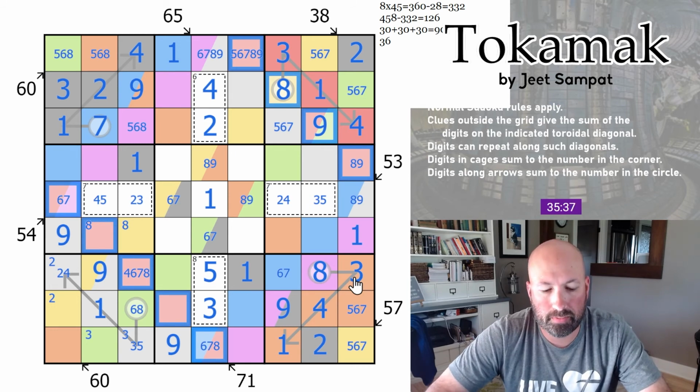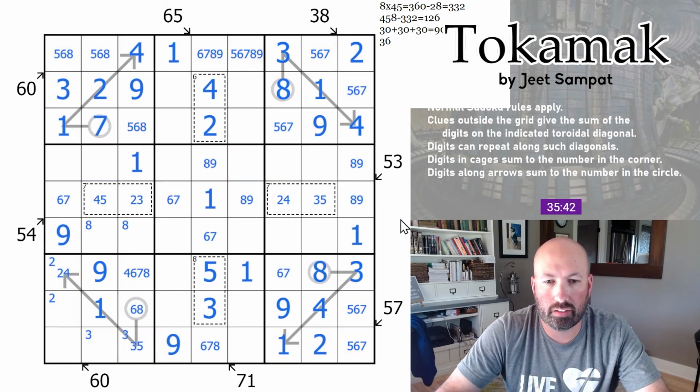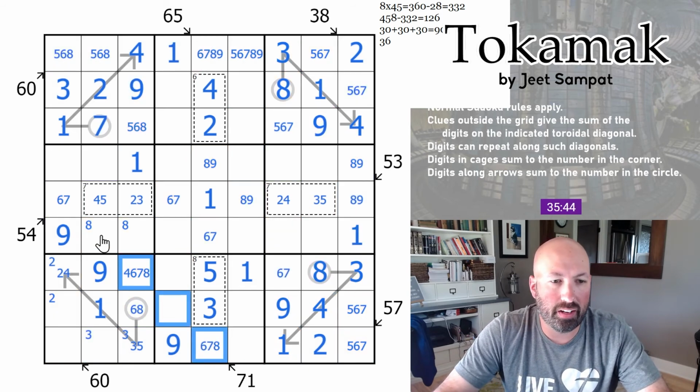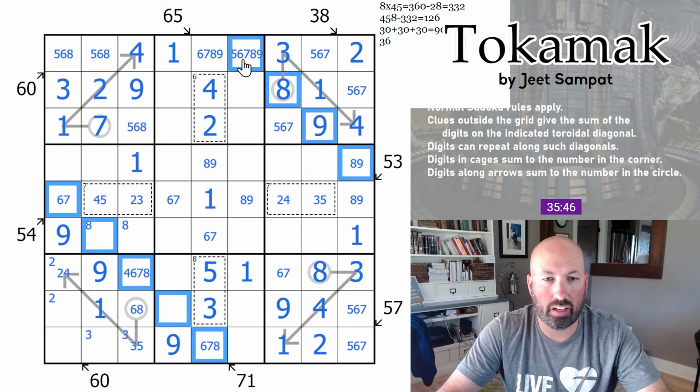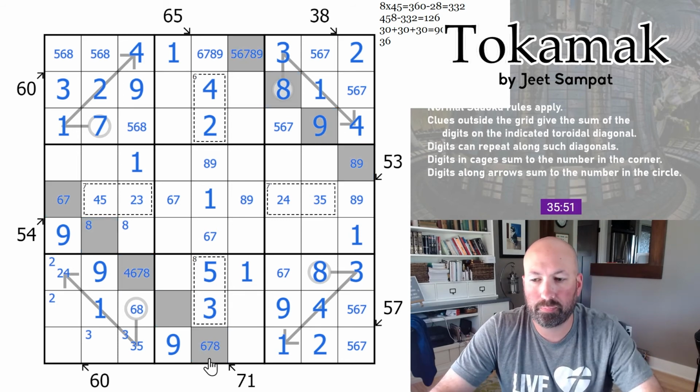All right. I think I'm gonna delete the colors. They've been in there a long time, but I think it's just gonna make it easier to look at the diagonals we want to look at. Okay, I'm just gonna highlight the 71 diagonal. So,